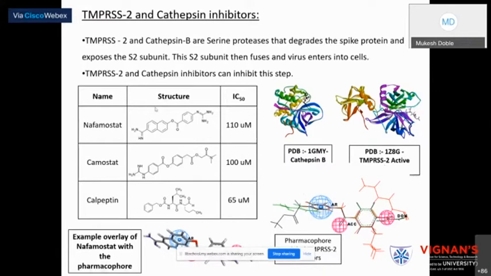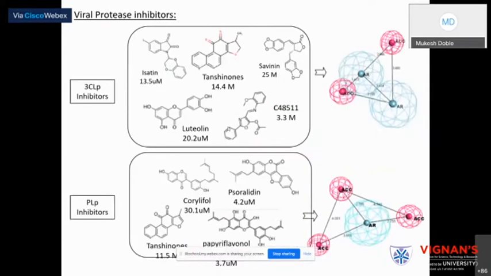When we did the pharmacophore elucidation for all these molecules, we found this interesting feature: aromatic to acceptors. So one could go, like I said, into databases to look for molecules with similar features. When you look at the other two proteases, which are involved in the multiplication of the viral RNA, the 3CL protease and PL protease,